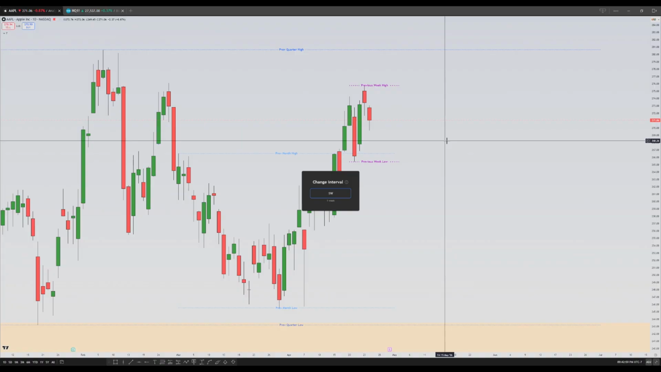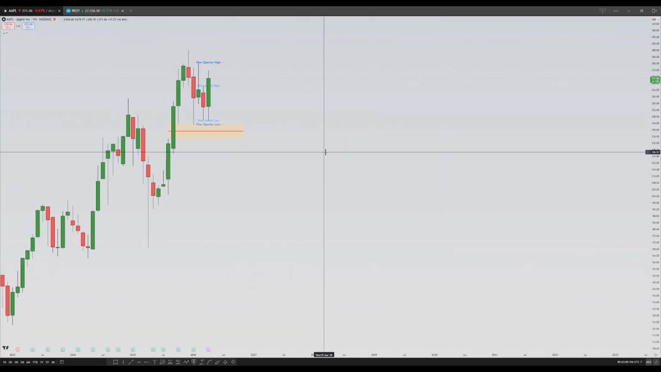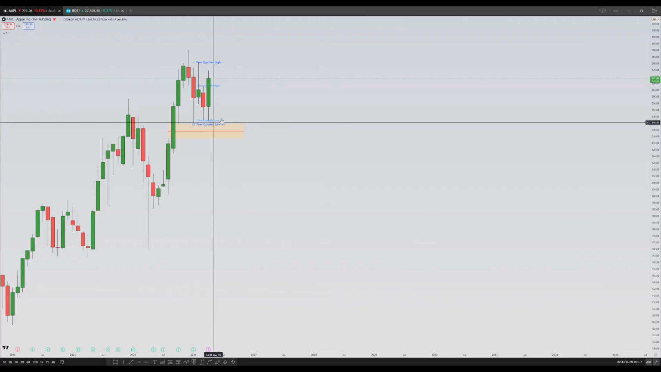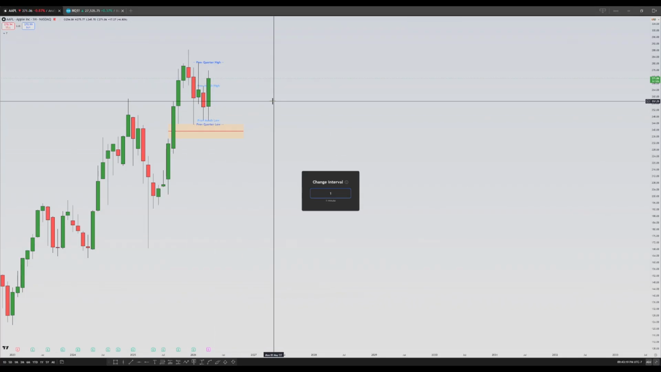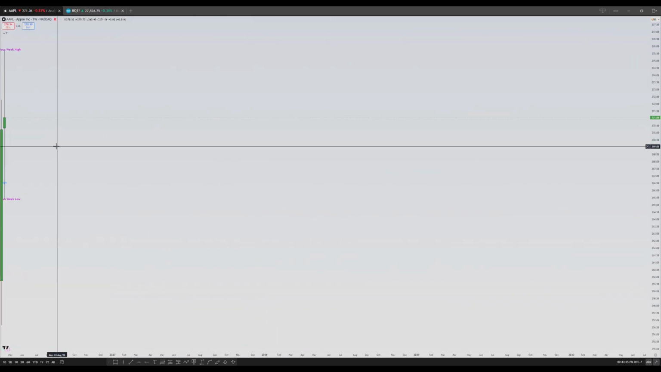Apple. Apple has already reached its range for the month and targets in previous month's high, previous month's low. That's not to say that we can't get a bullish run above